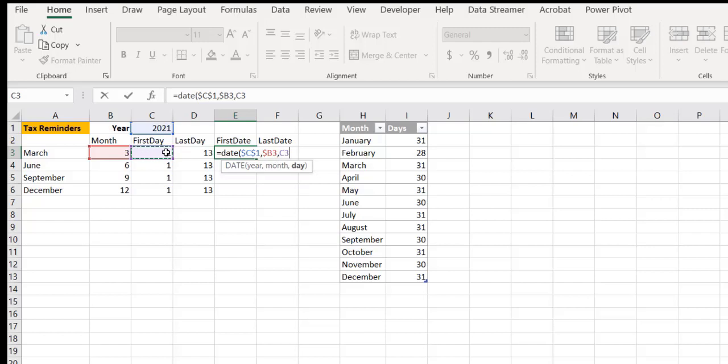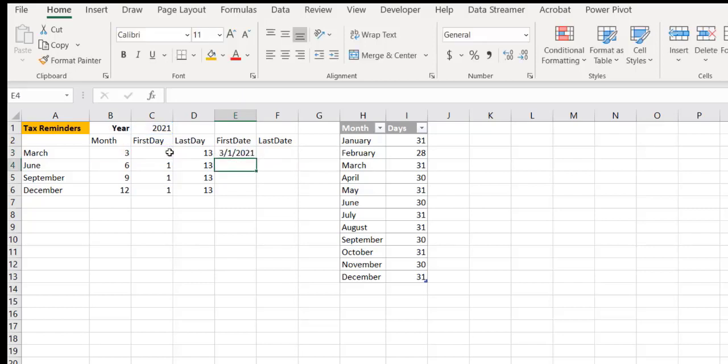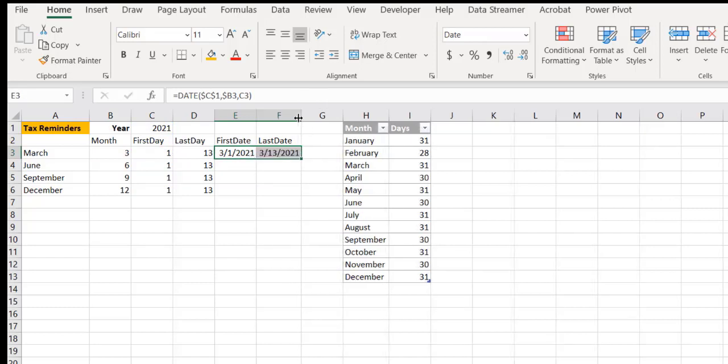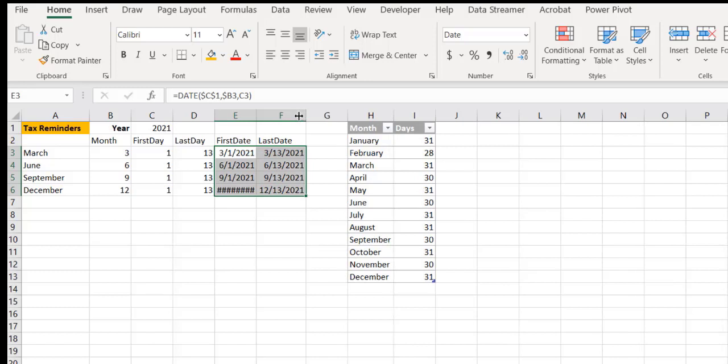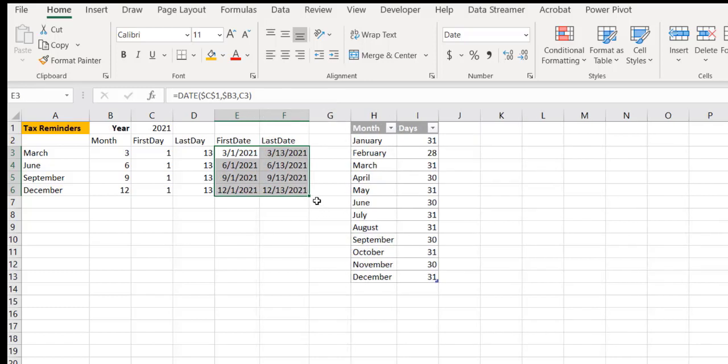I'm going to leave that relative because when I drag it across for the last date, I want it to go to the D column. And that should give me my March 1st date. And it does, and if I pull it across, I should get March 12th. Let's see if I do. March 13th, excuse me. And I do, and now this should be no problem dragging down here. The pound signs simply mean my columns aren't wide enough to accommodate the entries. So that's the time segment notifications,